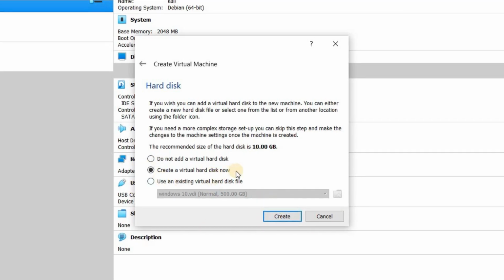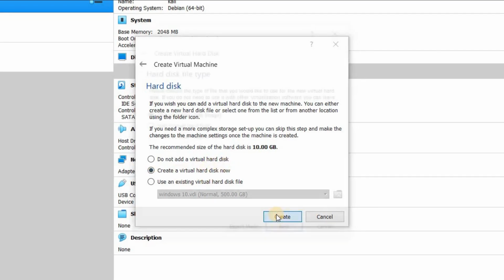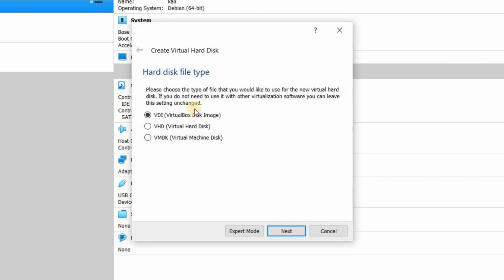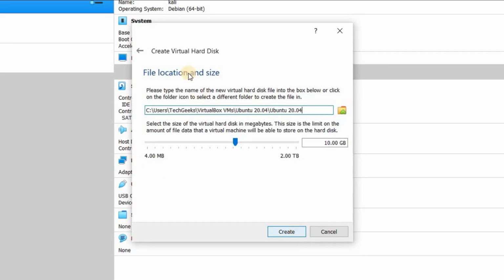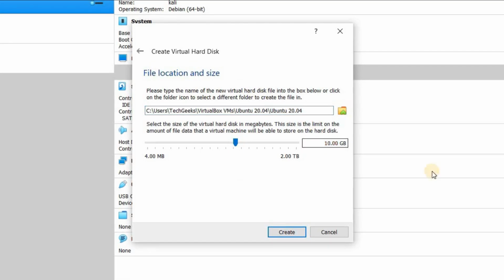Virtual hard disk. You must create a virtual hard drive to save the changes that you make in Ubuntu. Choose VDI, VirtualBox disk image, and select Next. Choose Dynamically Allocated for the storage type and select Next. Choose how much space you wish to set aside for Ubuntu, and select Create. Minimum recommended space is 20 GB. The amount of space you allocate for your virtual machine determines how much